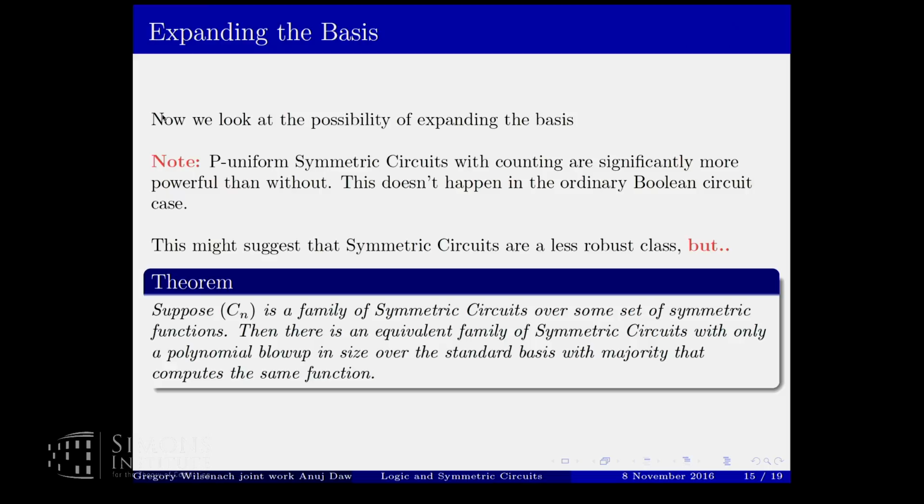I should stop here for a sec and say, I'm talking about symmetric circuits and symmetric functions. And of course, they're entirely different notions, right? Symmetric functions are functions where for any arbitrary permutation of the input, the function has to remain constant. In other words, the function only depends on the number of ones in the input. And symmetric circuits are an entirely different notion. I'd love to use two different words here, but unfortunately, this is how everyone says them, so it might read in a slightly confusing way.